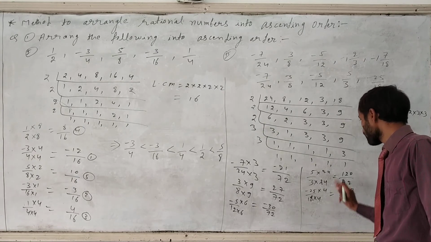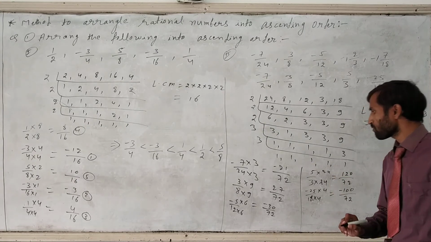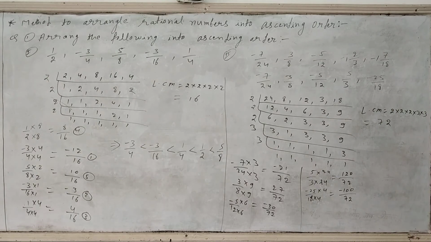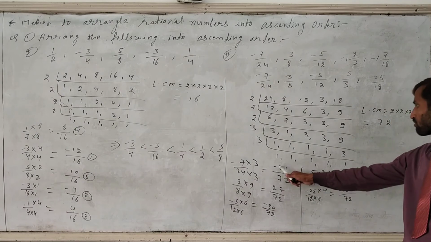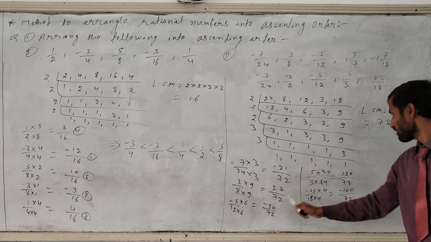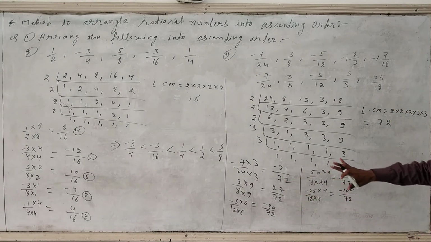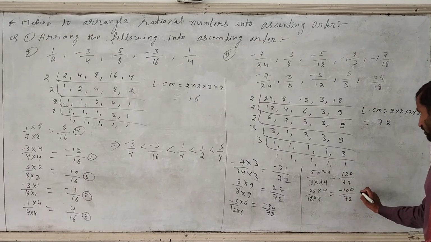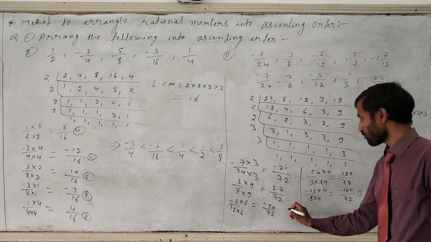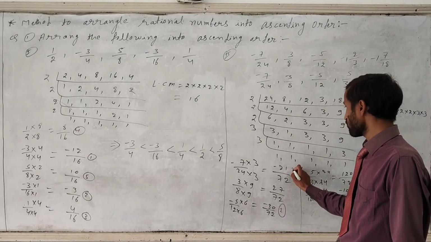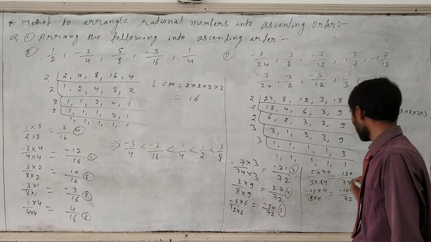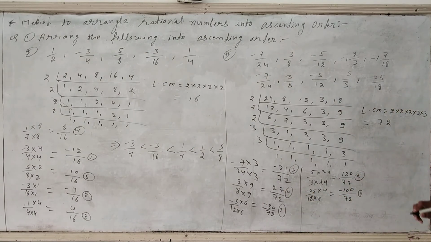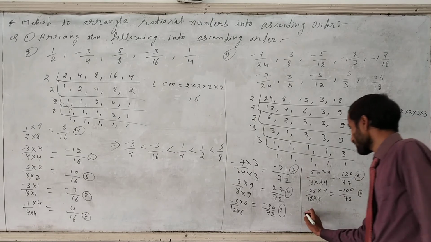Okay. Now we have to arrange them. Both have a minus sign first of all, and this one also. Three numbers have a minus sign. So which is the smallest? Because this one is the largest. So first position will come this, second position this number, third position this, and now this one fourth, and fifth this one. So now we have to arrange in the required ascending order.